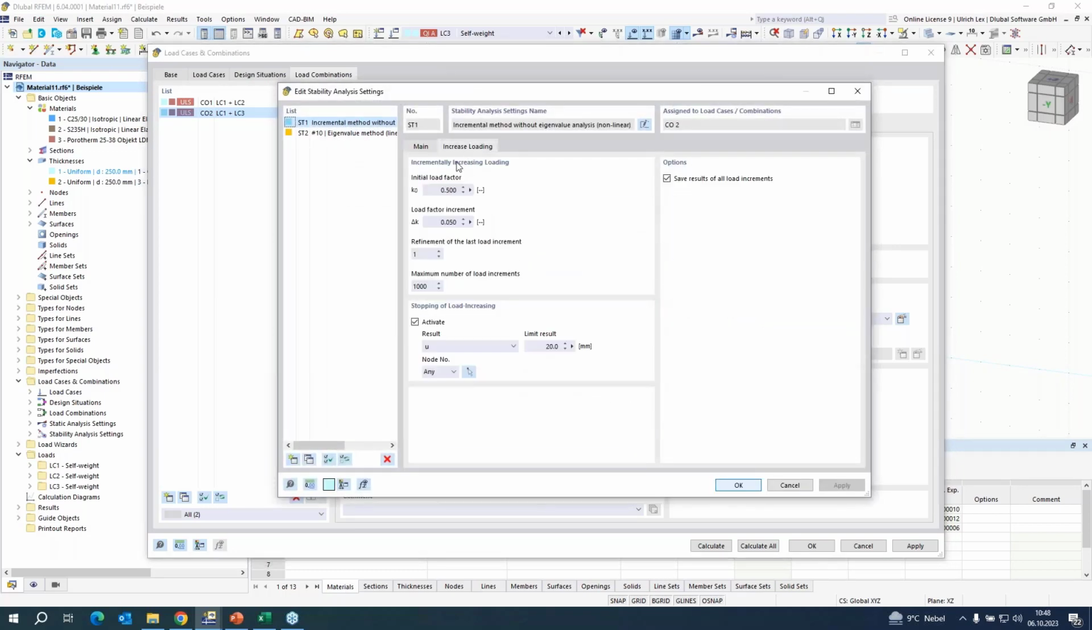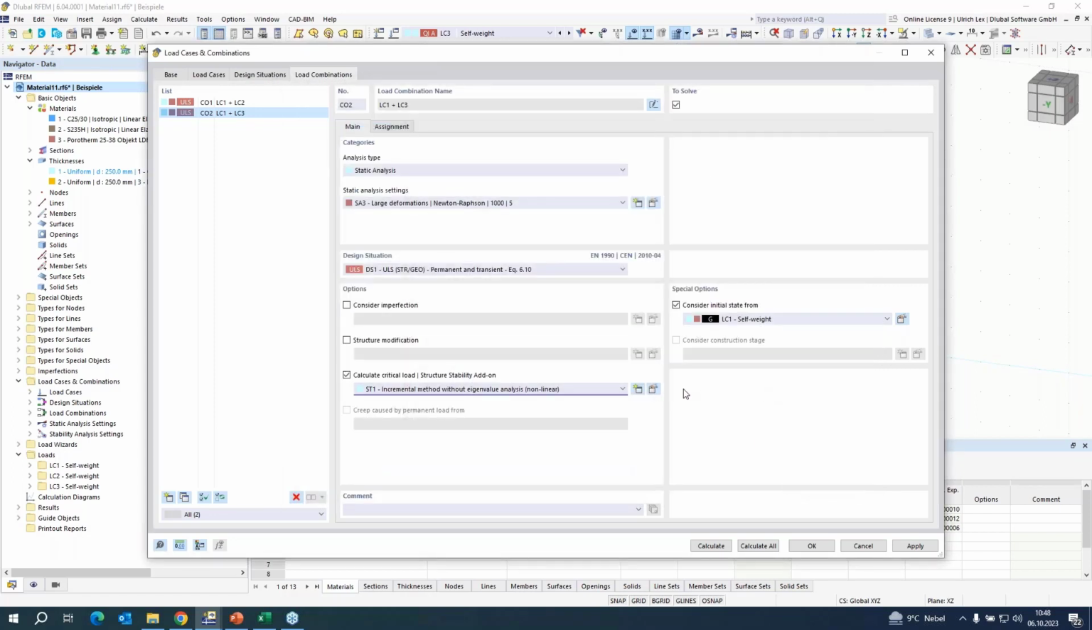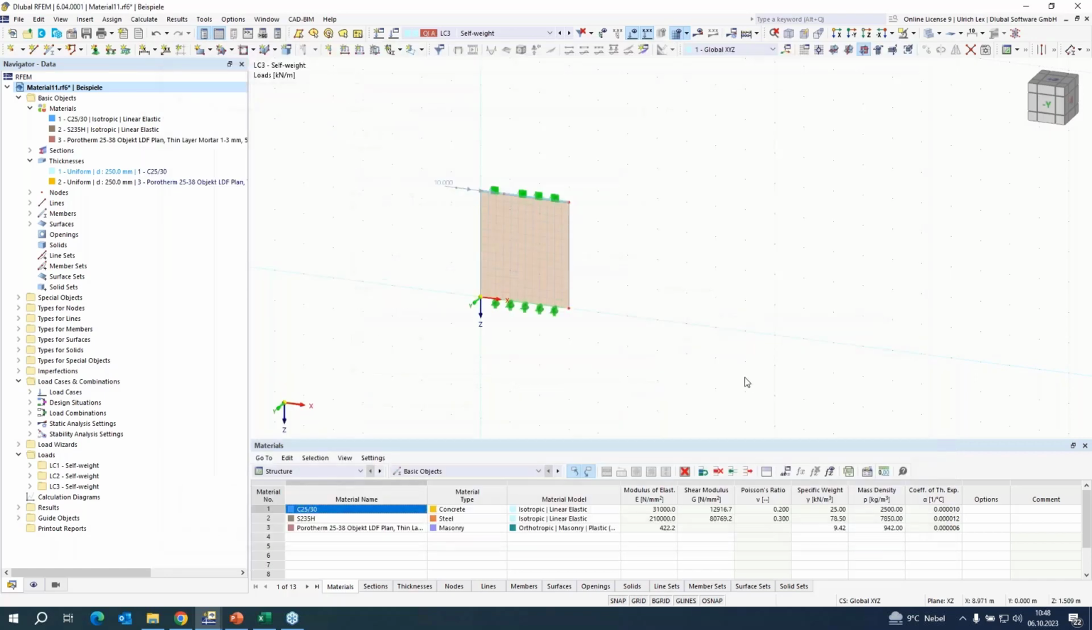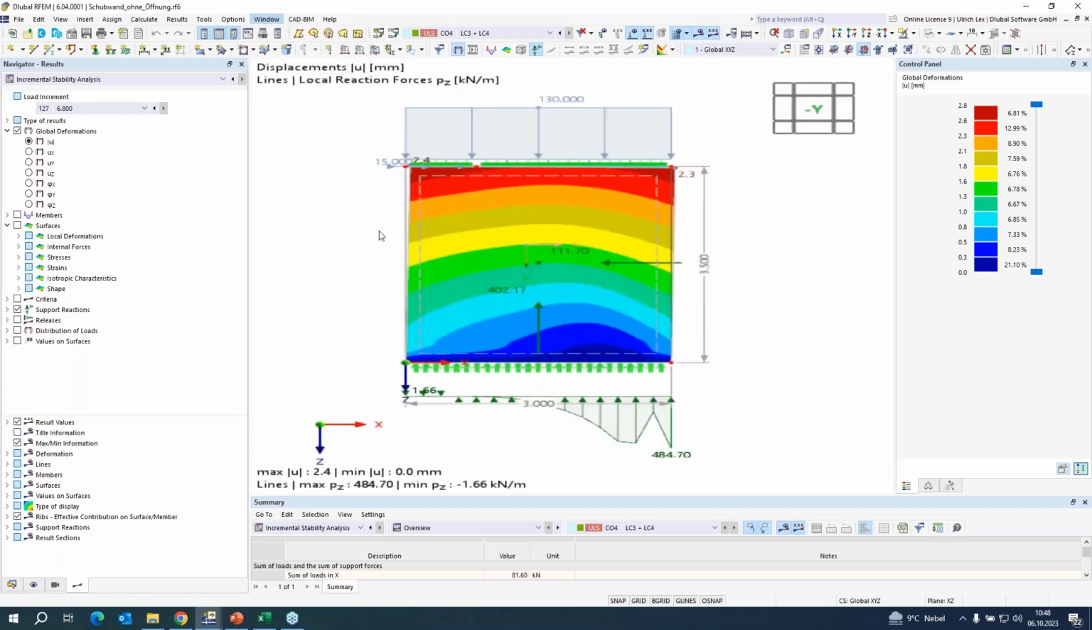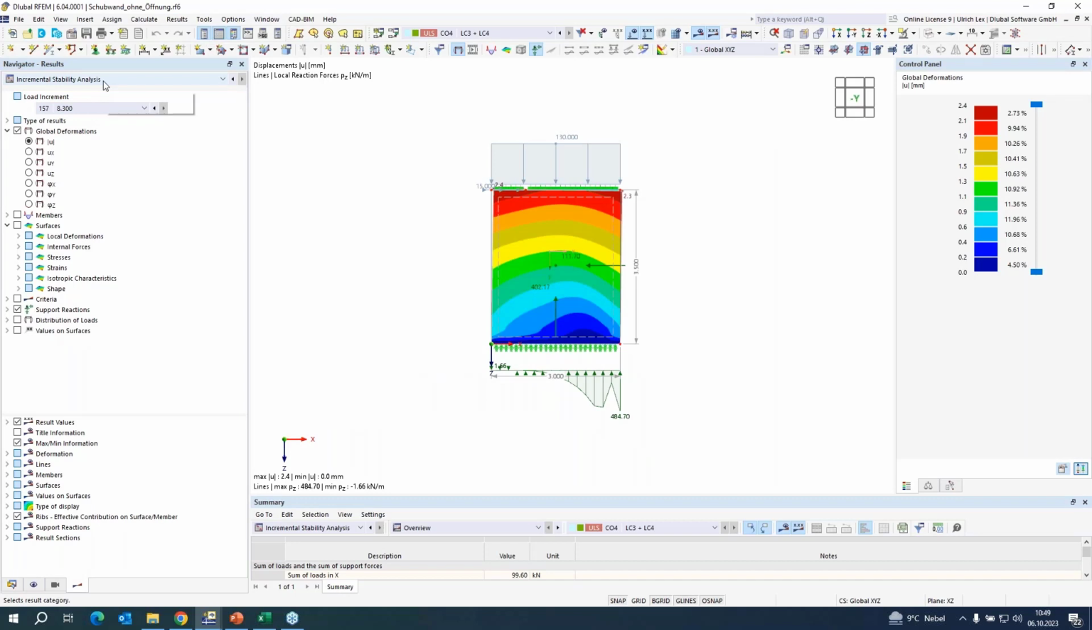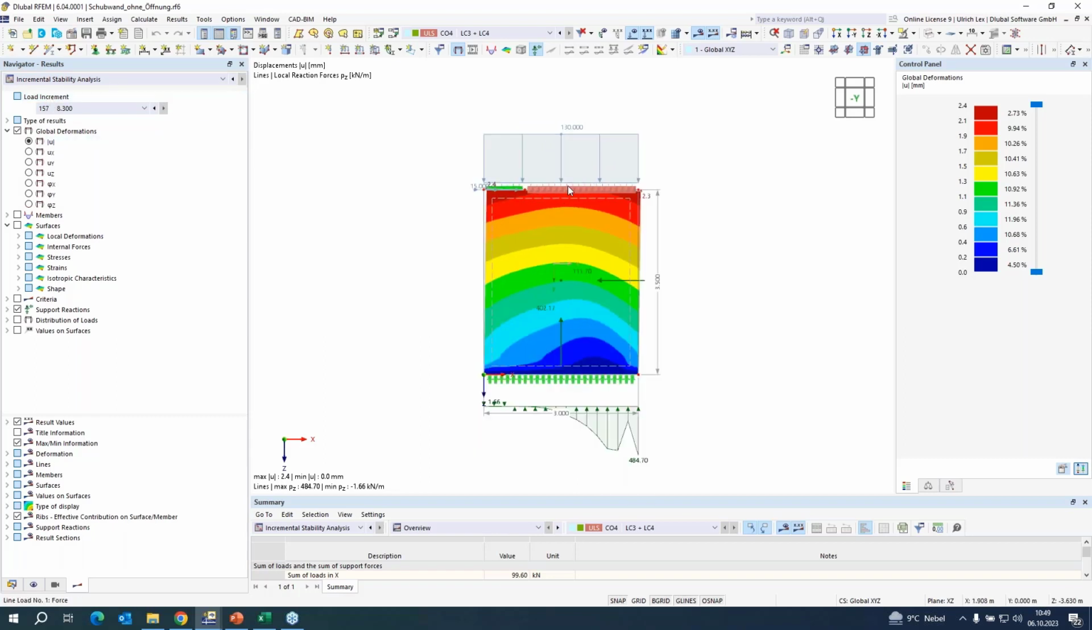With these settings, I can increase my load until the shear wall is overloaded. The calculation takes about 2 minutes, that's why I have prepared it with results and want to switch to this file. So when I take a look at the results, the stability analysis was running, and it shows me that I can increase my load about 8 times, and I get a maximal horizontal load of 110